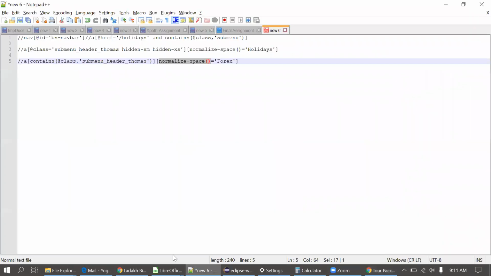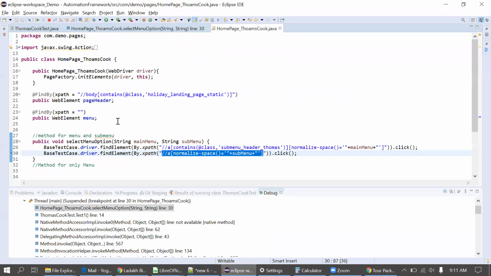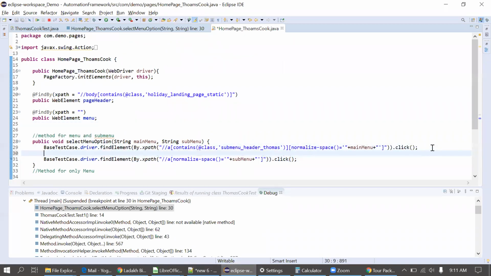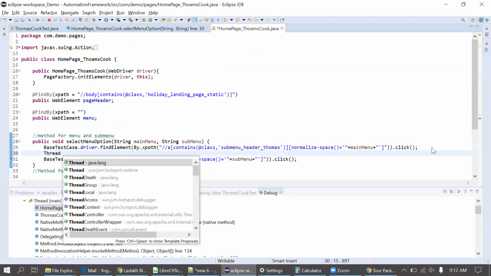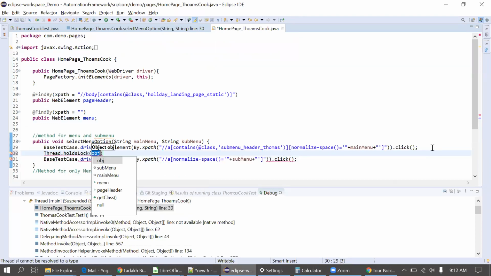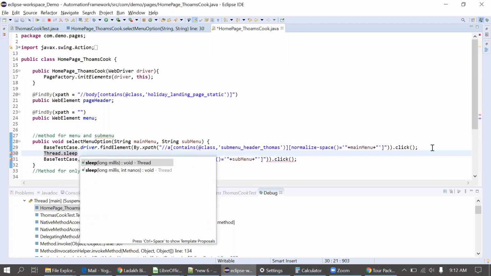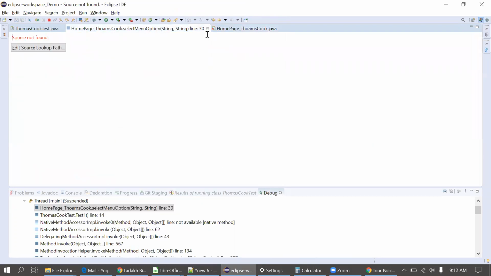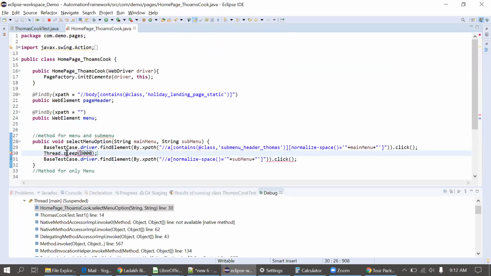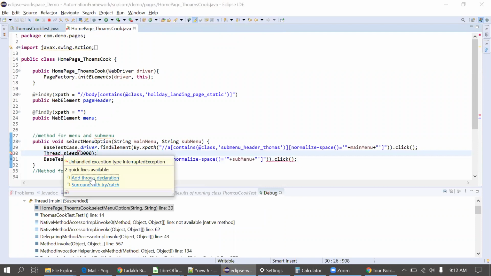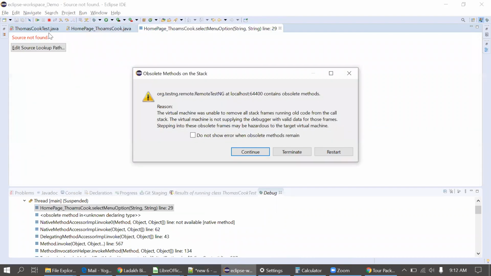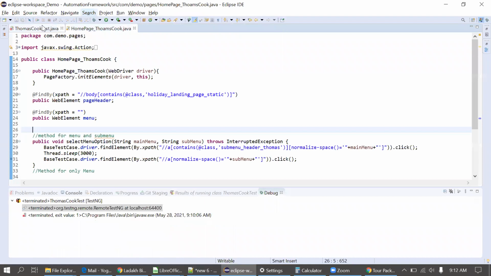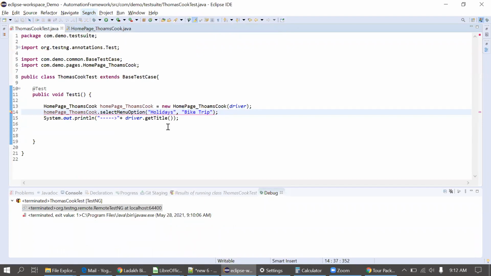I think there is some wait issue. Let me put the wait. For now I'm just putting Thread.sleep here to make our script work. Let me execute the script and check if it is working fine or not.